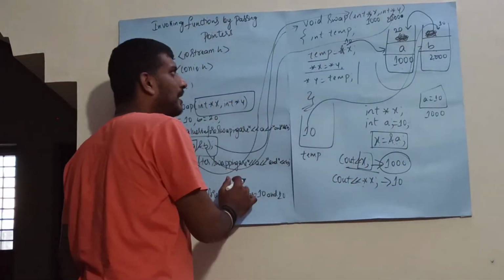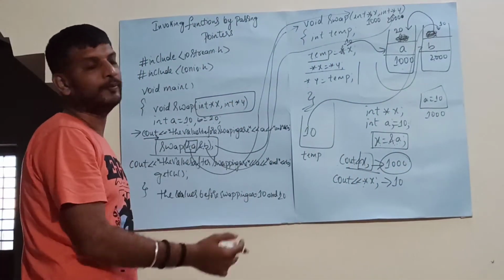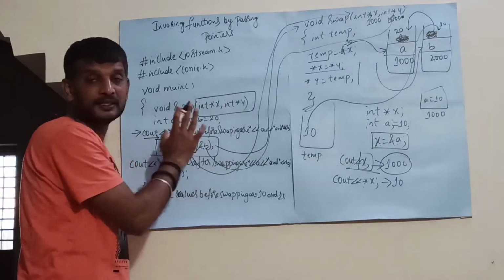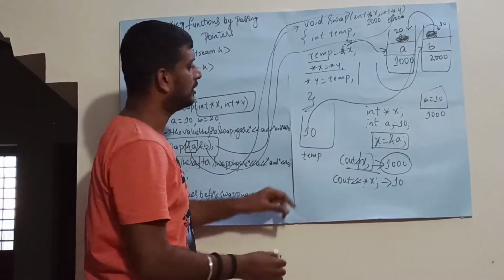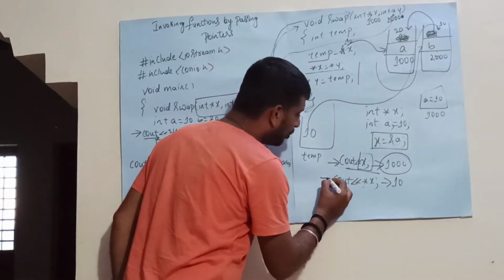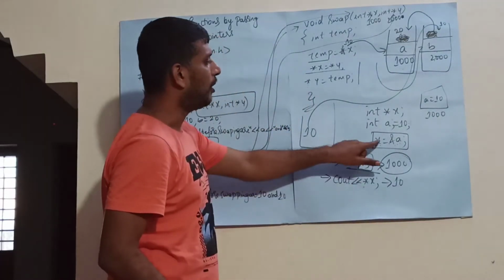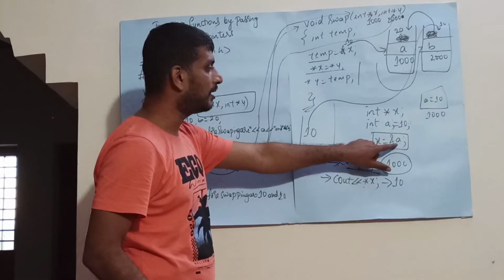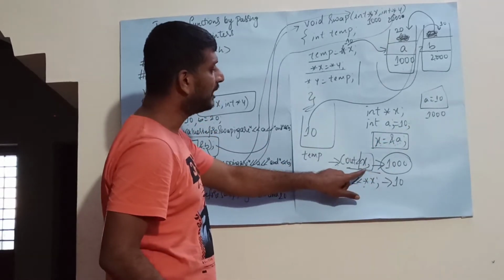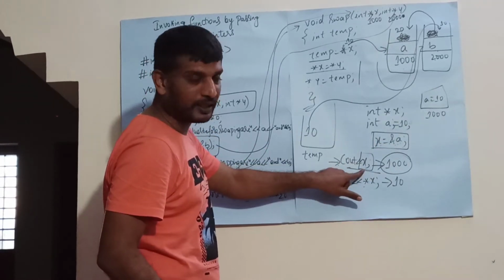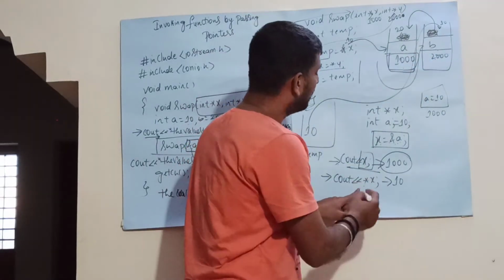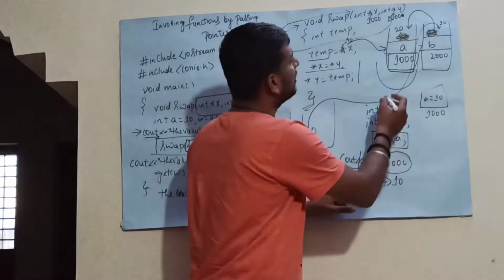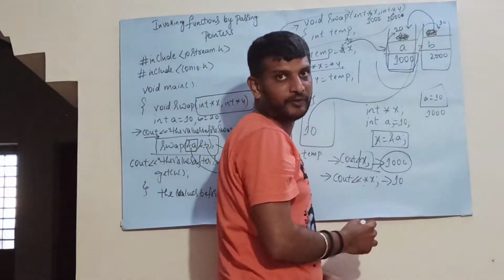Now, instead of passing the value as an argument, you are passing the pointer as an argument. That is the actual concept. For understanding this concept, you need to know these two points. A pointer is a variable which stores the address of another variable. If I am just displaying x, it will display the address of the variable. If I am displaying *x, it will display the value of the variable.